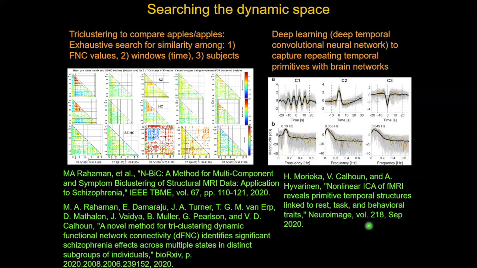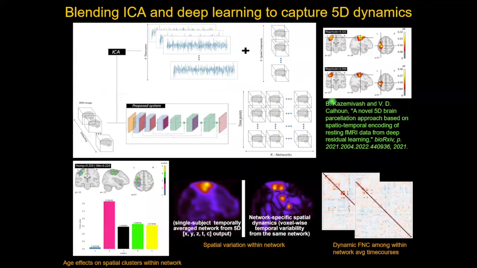Here's another work from Aapo Hyvärinen's group using a deep learning approach to look at temporal primitives across the data, essentially finding these little snippets of time, sort of chirps that show up in the data, and looking at their relationship to various tasks and behaviors. And lastly, blending